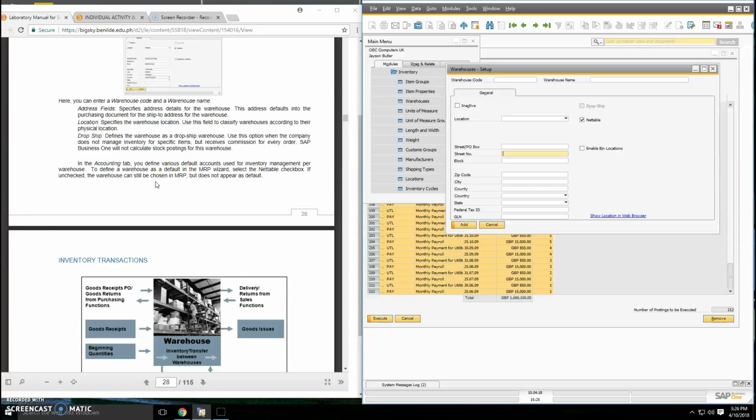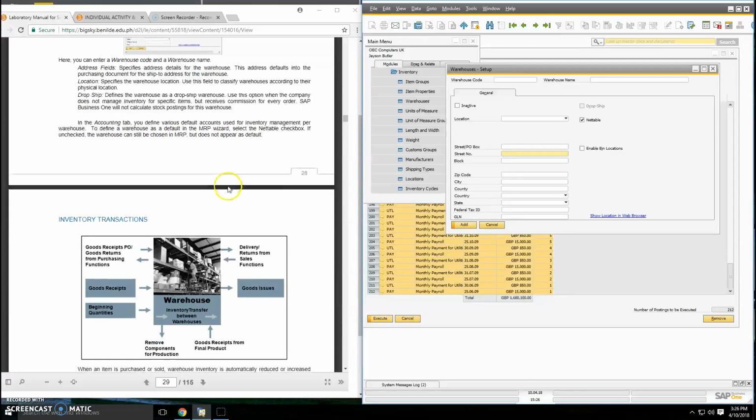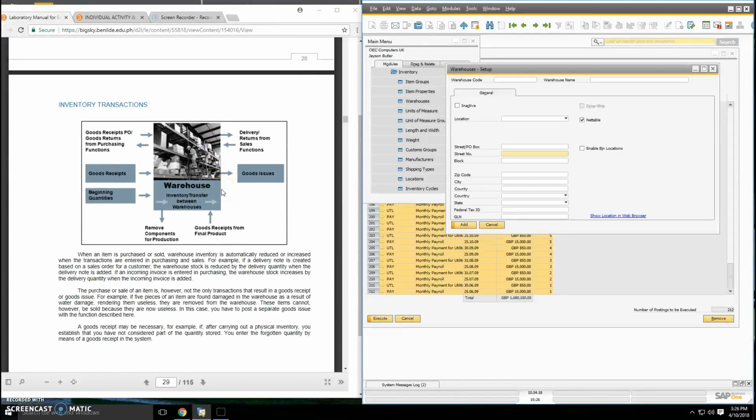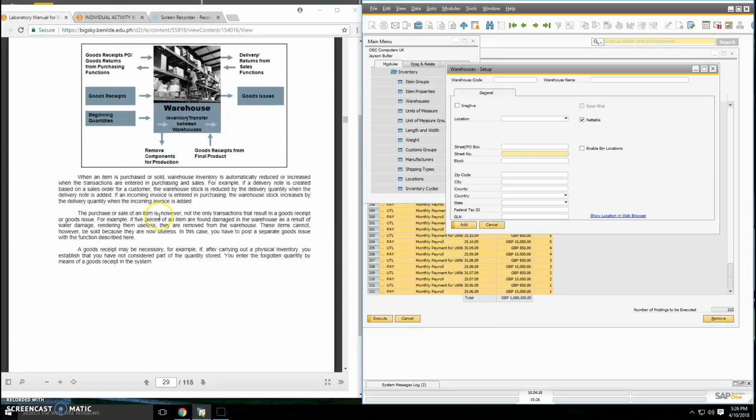In the accounting tab, define various default accounts used for inventory management for the warehouse. Define the warehouse as default in the MRP wizard. Select the not-default checkbox if the warehouse can still be chosen in the MRP but should not appear as a default. In the inventory transactions, when an item is purchased or sold, warehouse inventory is typically reduced or increased